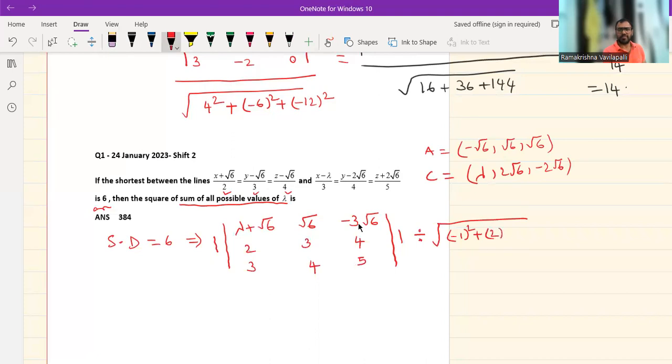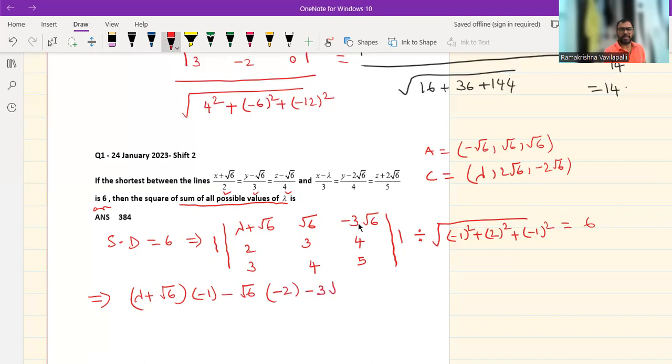Plus 2 whole square, plus this is 8 minus 9, minus 1 whole square. This is given as 6. So this implies we need to expand this. Lambda plus root 6 into this is 15 minus 16, minus 1, and minus root 6 into this is 10 minus 12, that is minus 2,